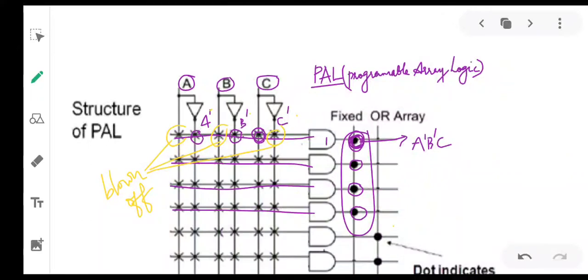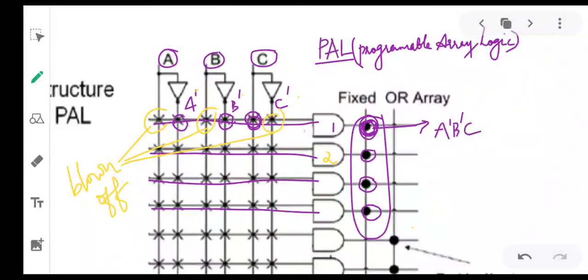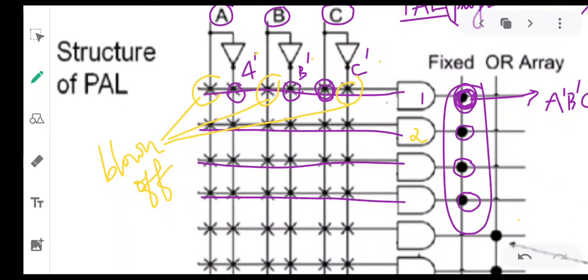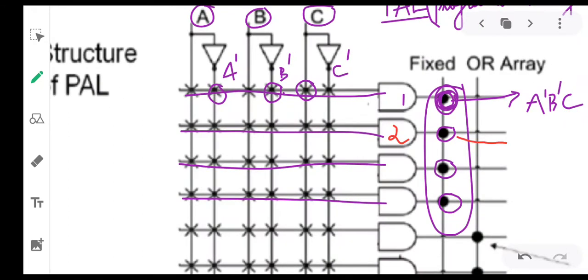Then similarly, if you want to program the second AND gate, suppose you want to get the function ABC, what do you have to do? This is my second AND gate, and I want to get the AND output as A, B and C, ABC.